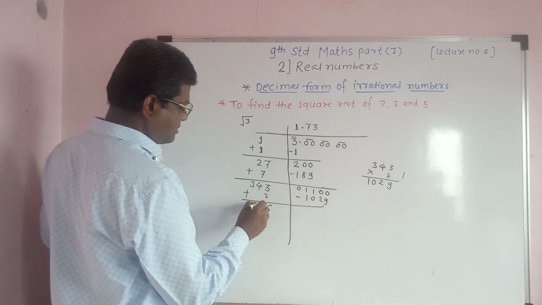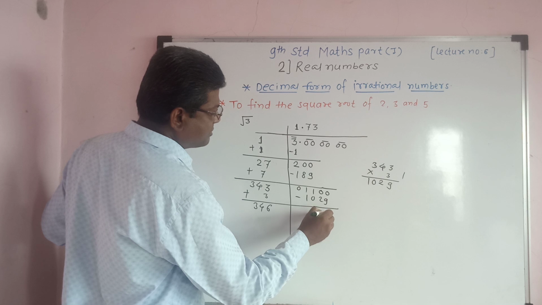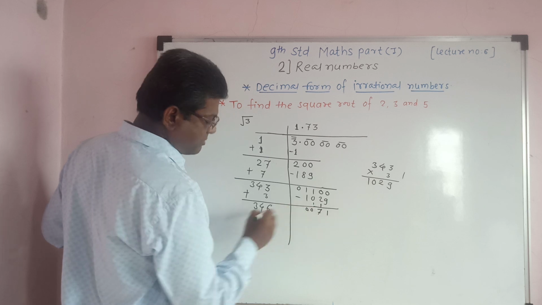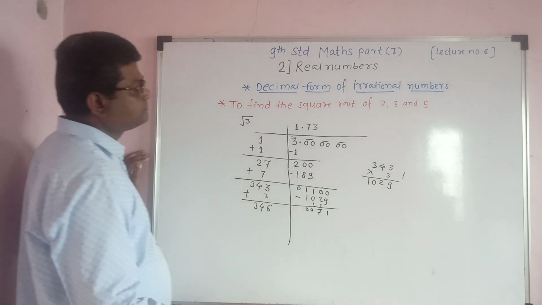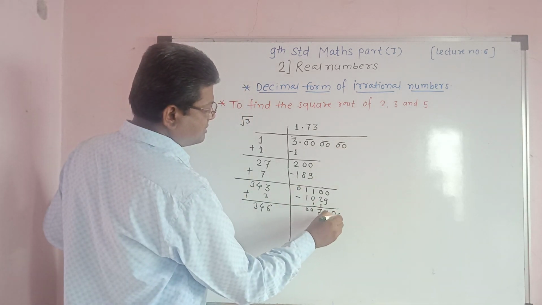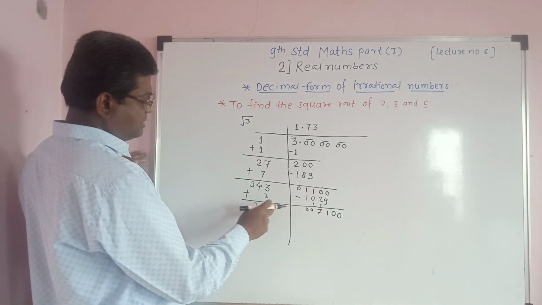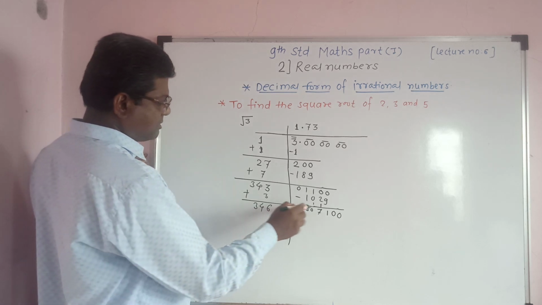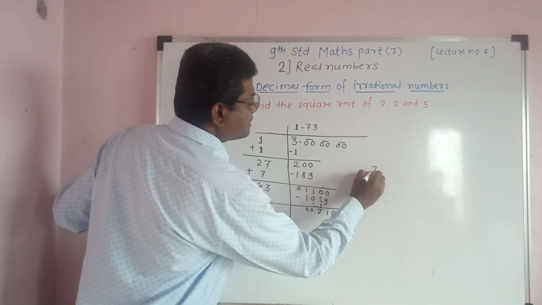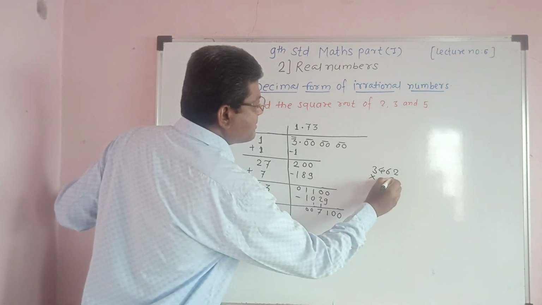So we have 346 here, and what will remain here is 10 minus 9 is a 1, carry 1, 10 minus 3 is a 7, carry 1, so what will remain is 71 there. Now take the next group 0 0 on this number. Now find the number to be put on the 346, so divide this 7 by 3, we get 6. So we can put the number 2 on the 346 and multiply by 2.